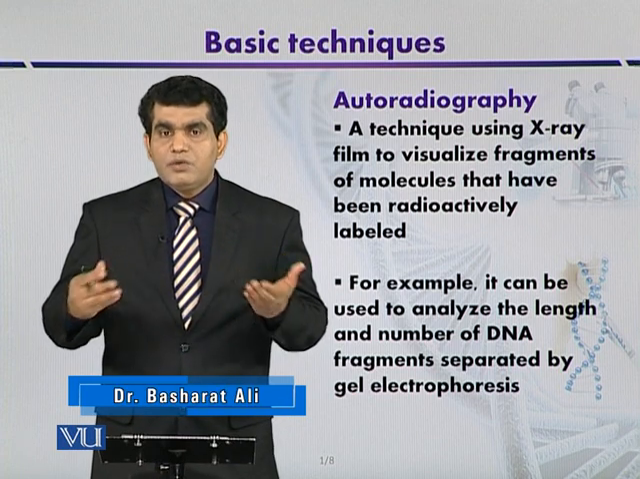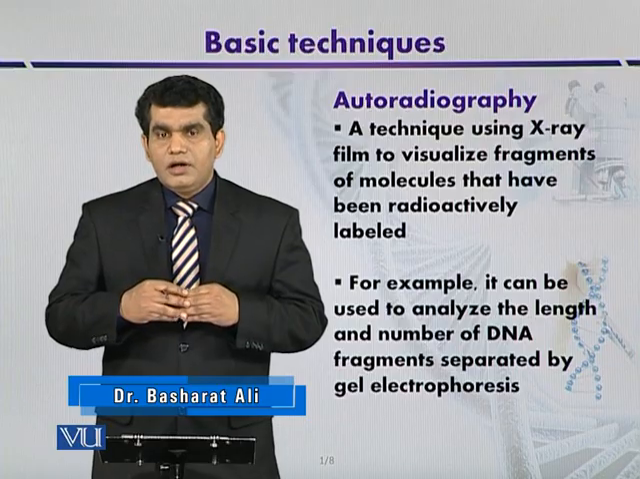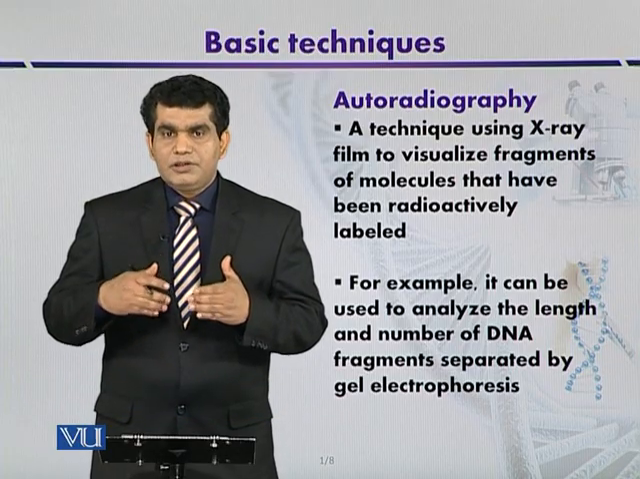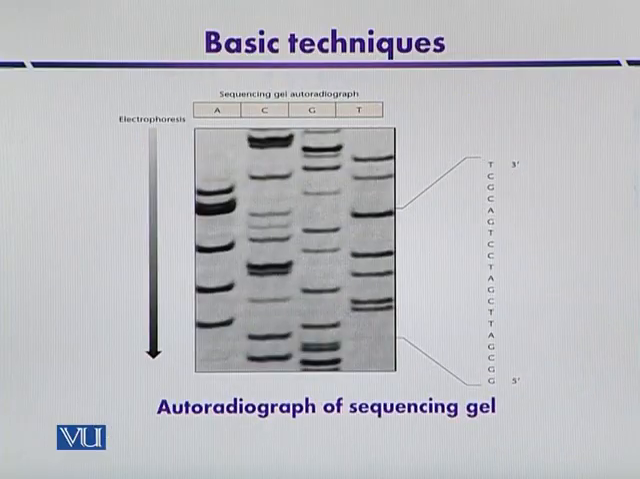So autoradiography can be used to analyze the fragment length and number. This is a typical autoradiograph of a sequencing gel, and here different bases have been placed in different columns: adenine, cytosine, guanine, thymine. Then by using gel electrophoresis, the DNA fragments were separated, and after separation all